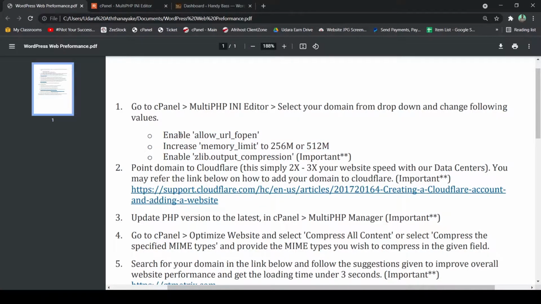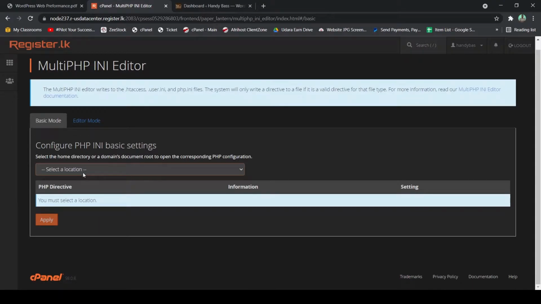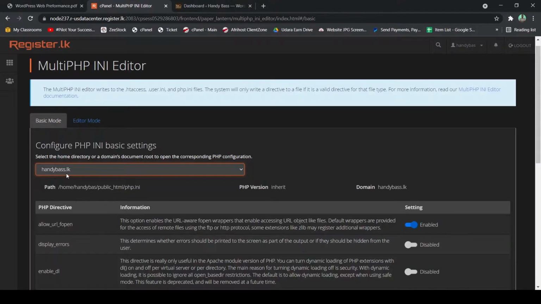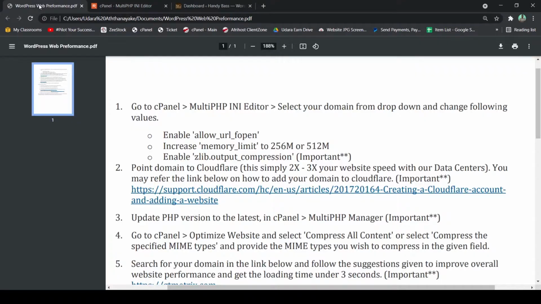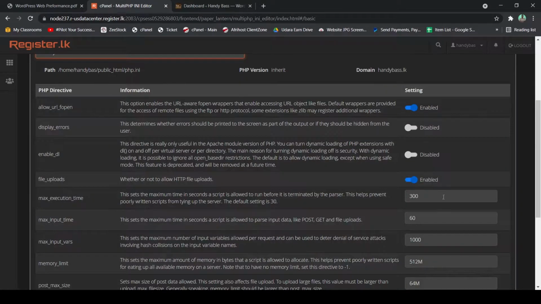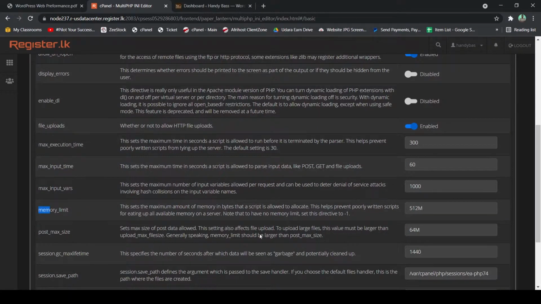The first setting is to enable allow URL fopen, and I will choose the location as the main domain, and this is also enabled. And the next step, increase the memory limit from 256 to 512. And this memory limit is also 512,